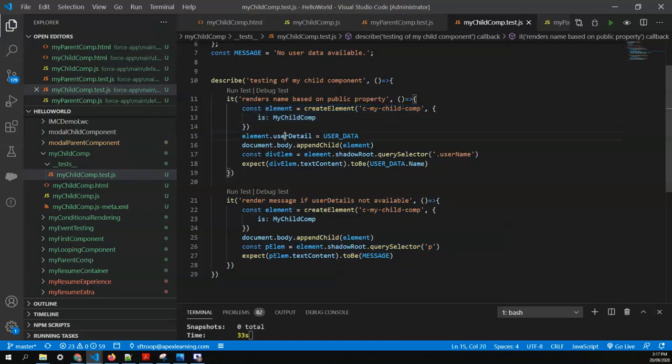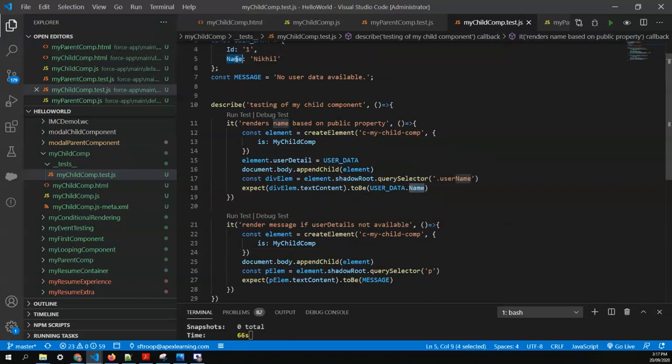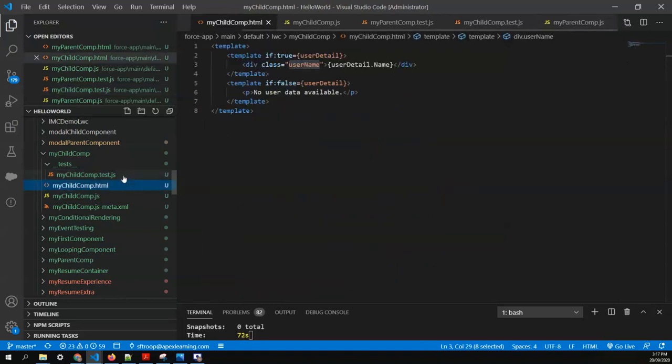So first we create the element. To the element we append the user detail, we append it to the body, and then we query the div element and check whether the text is correct or not. Similarly, this time we didn't pass the user detail, and we append the element and check whether the correct message, no user data available, is coming or not. So this is how you test. I'm glad we saw how we can approach the problem. There was an issue while writing the code, and we figured it out. The other issue was the name: I wrote a capital letter, but here we mocked it as small. So our test case is good now.